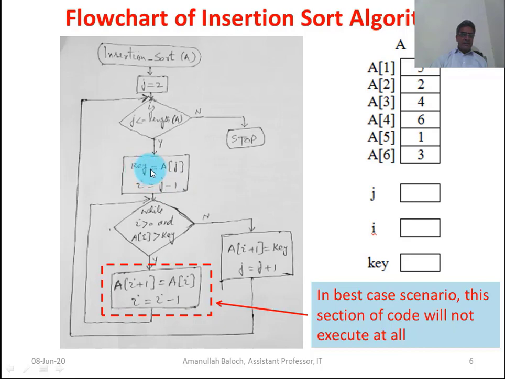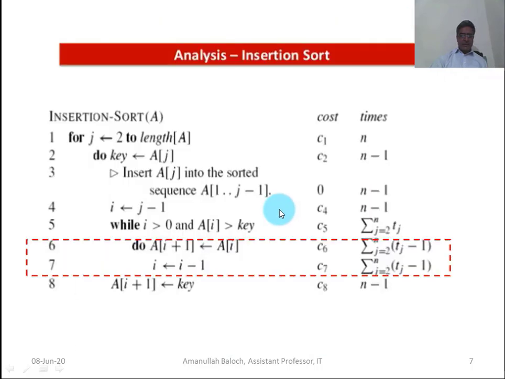As these two statements will work, the test condition will also behave just like these two statements, and the cycle of the for loop will become like this. And in the best case scenario, it will not enter the body of the while loop; not even a single cycle of the while loop will execute if the best case scenario existed.